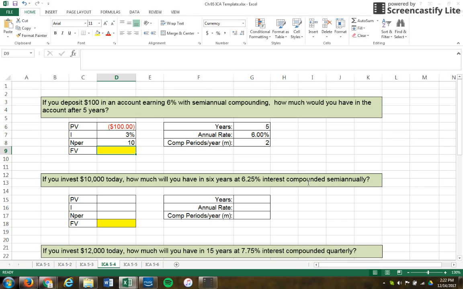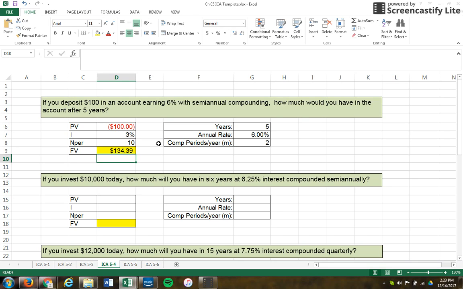So once we have that, then we can run our future value function. We can either use our insert function button, or we can just type in equals. We know FV is the function that we use. We need our 3% rate. We need our 10 number of periods. We are not using a payment, so I just hit comma again. My $100 initial deposit. We close my parentheses,